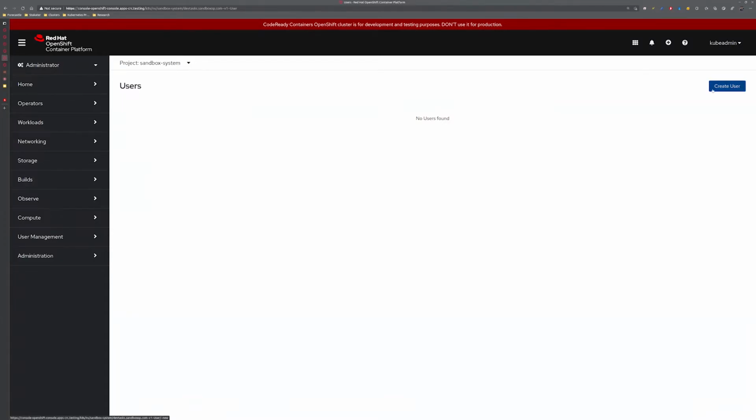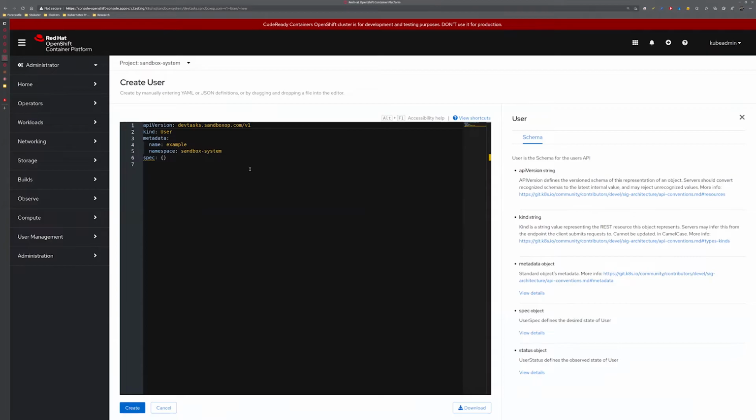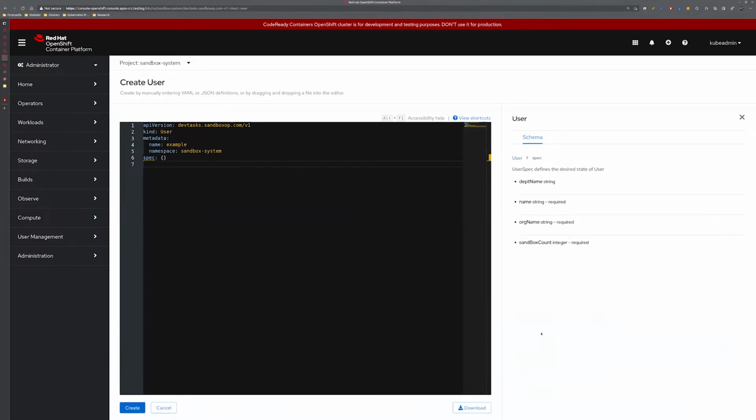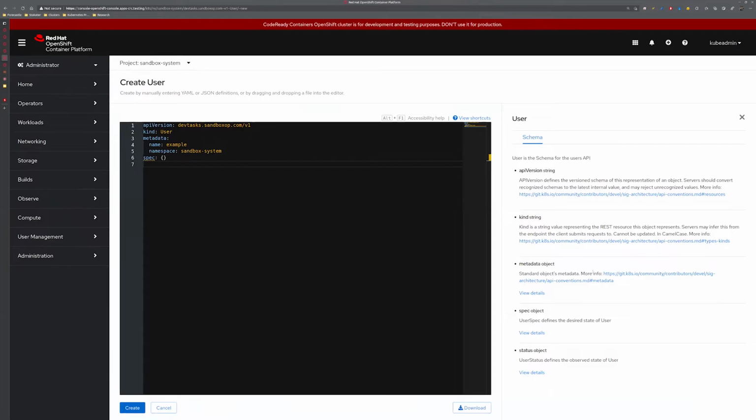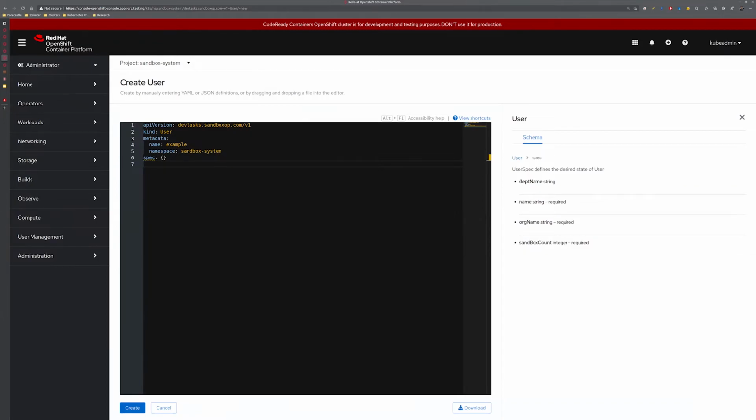So if I create a user here, one more advantage of OpenShift is that you can go in here, view the sidebar, and see which fields we have and what types they have. For example, name is of type string, and it's also required, and sandbox count is of type integer. So if I make a resource,